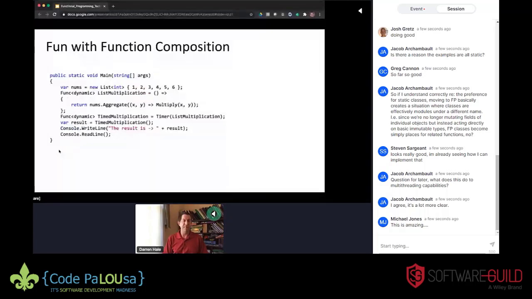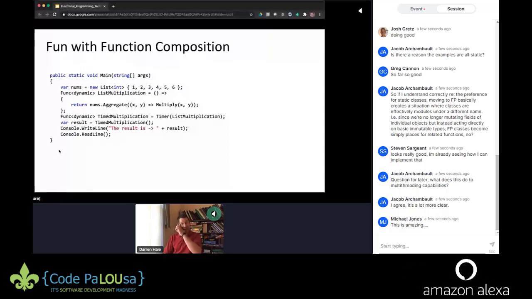You can have a lot of fun with function composition, and this is where I tend to start getting kind of lost. So in this case, I've got just a main method. I create a list of numbers, 1, 2, 3, 4, 5, 6. I create a list multiplication function that will return a dynamic payload. It is defined as a lambda expression with no input, hence the empty parens, that returns the LINQ expression aggregate that takes 2 parameters, which is 2 items in the list, and it multiplies them together